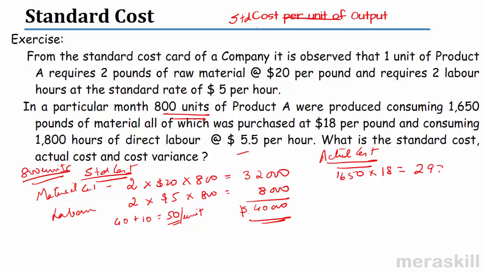Is that right? And what about the labor? Consuming 1,800 labor hours at the rate of 5.5, 1,800 into 5.5 is 9,900, giving us a total of